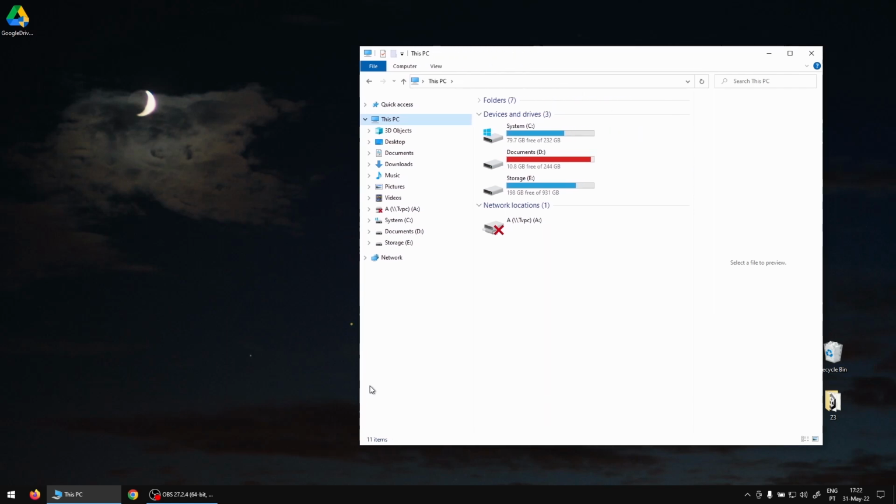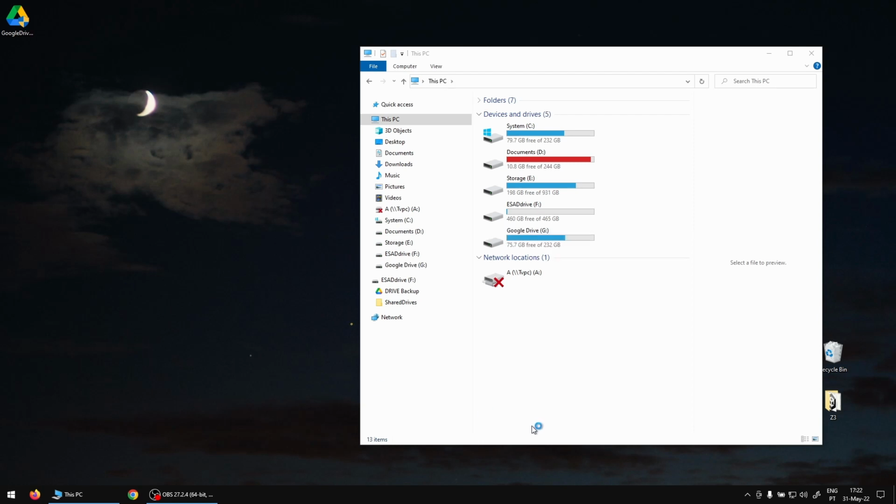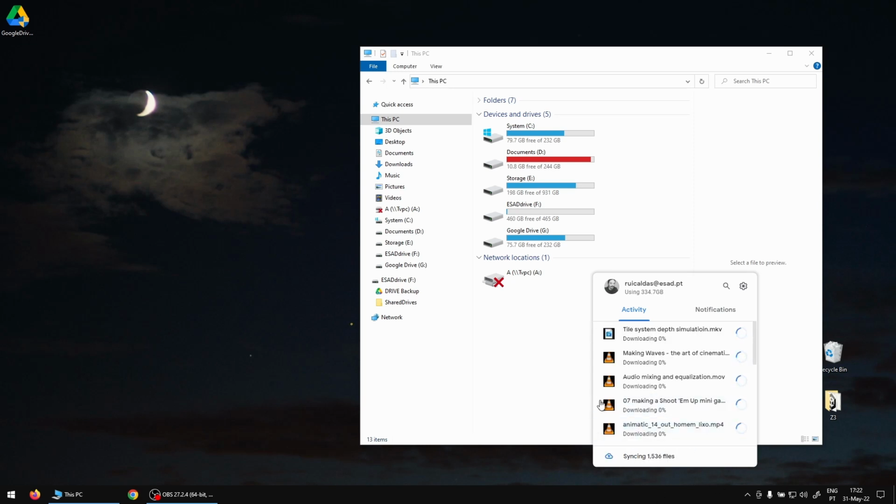When you return home, you turn on the disk first. Disk is here again, and you just open the app. Should be around, I don't know. In this case, it's here. And now Google Drive is already running again. And just go here and resume syncing. What is going to happen? It will check the files where it stayed and just start again downloading the files that are missing. And that's it. Once you download everything, this will be 0 here,